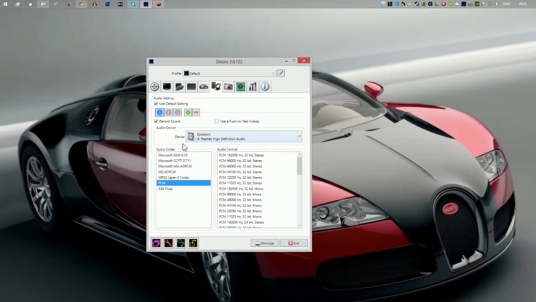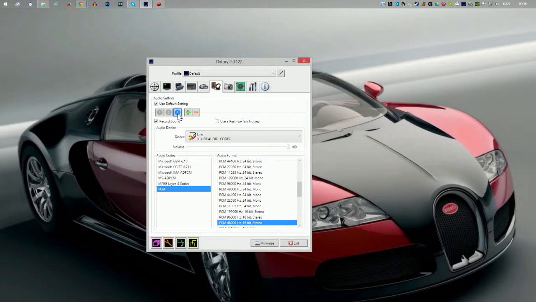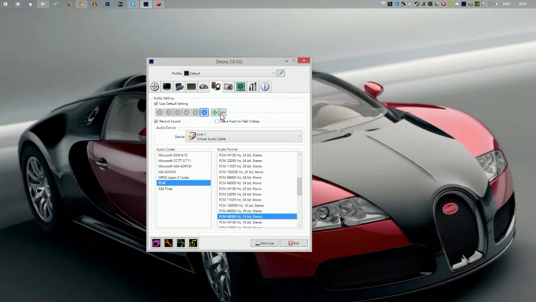So you can see here I have my speakers. I have some more speakers, because this is my normal speaker. This is my recording, my mixer record. I use record through my mixer, and this is my microphone through my mixer. So what you want to do is to add. You can add as many as you want there, and you can just remove them by clicking minus again. So let's add my Razer Banshee headset.